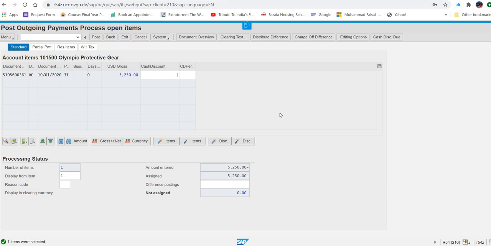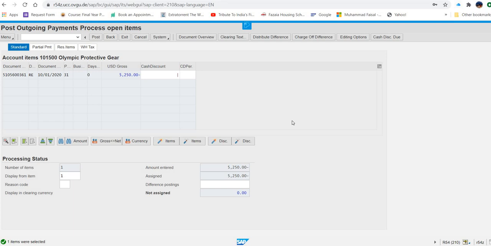Now what they are saying, if you get this, and the success means if under the not assigned activity it is showing 0.0, it means the assigned amount and the amount entered are equal. If it is not showing 0.0, what you will do is double click here. But right now it is showing, so it is good that whatever you have done has been done correctly.